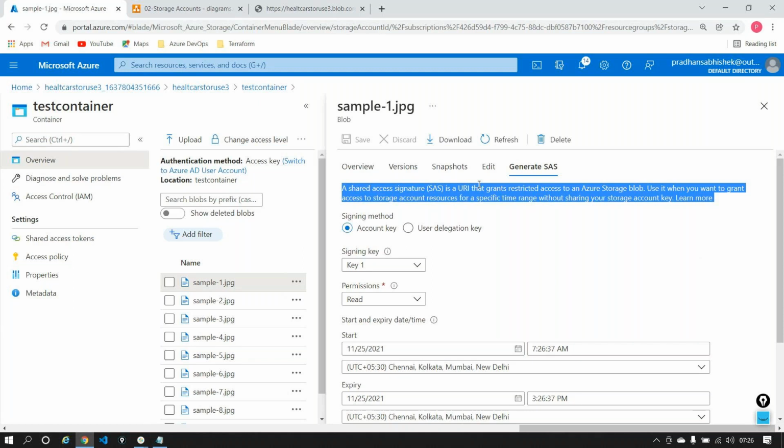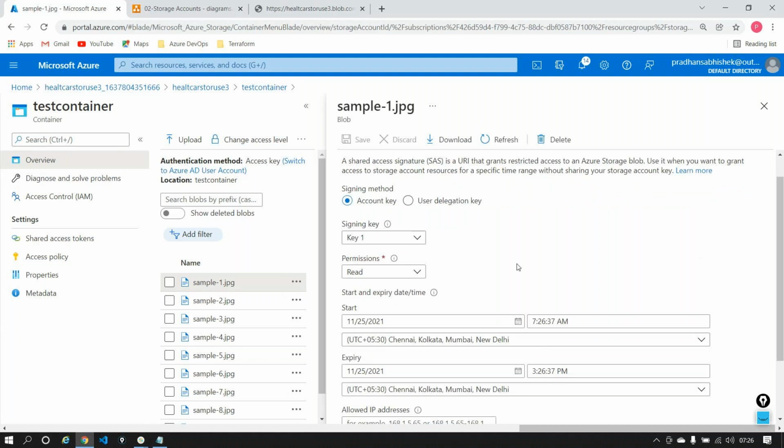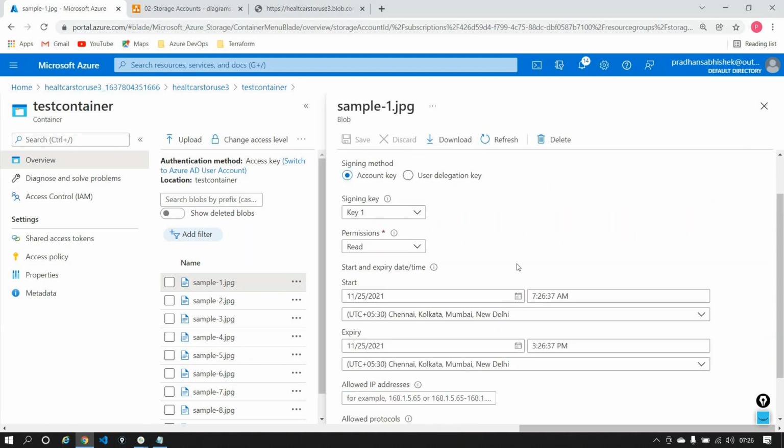What exactly this does is very simple. It says, okay, please generate something known as a key for your blob, meaning your blob in a container is locked. This is known as encryption. Whenever you upload a blob inside a container, Microsoft Azure in the backend will encrypt the blob.